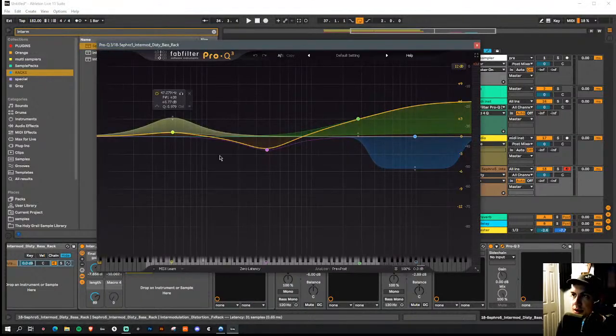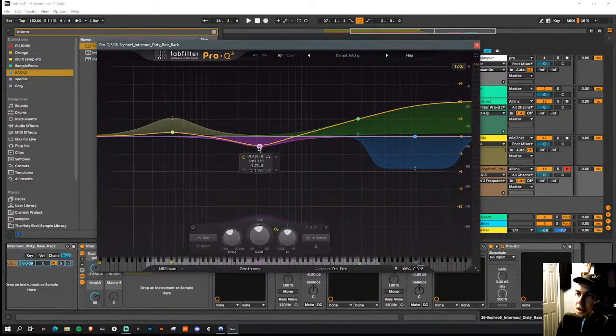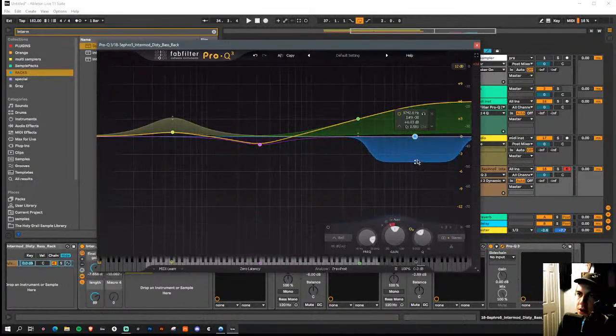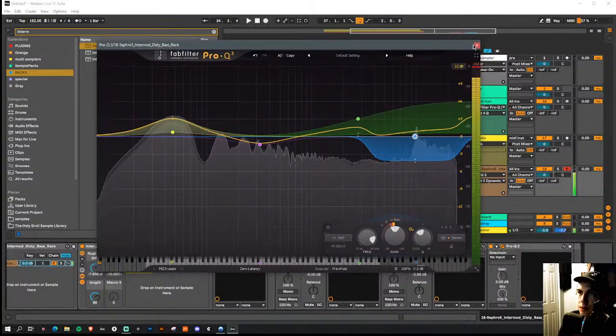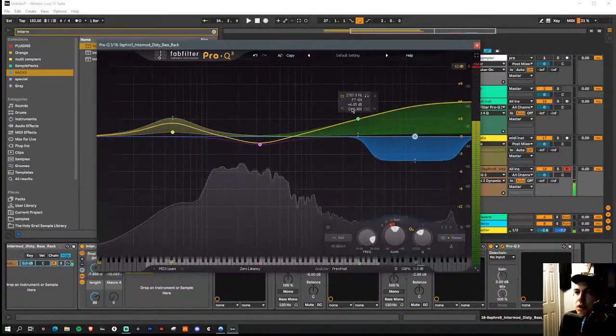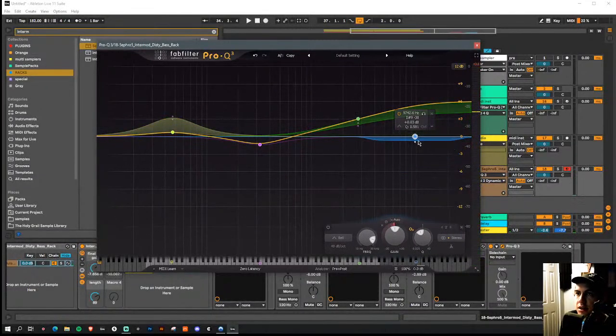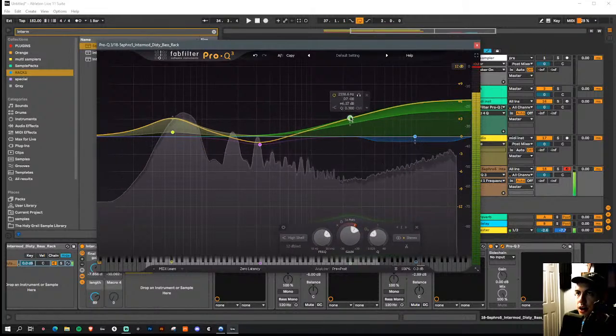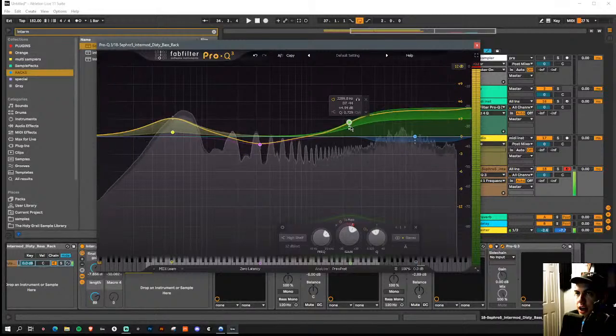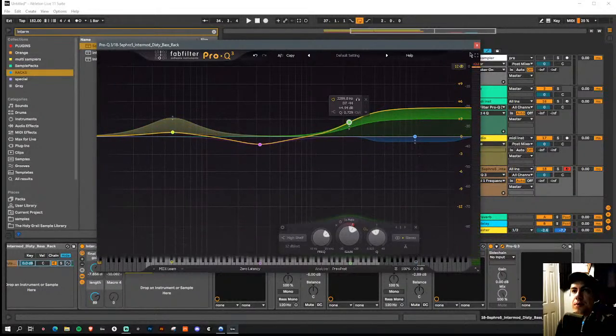Then at the end we have a final EQ. This is like the master EQ for the sound, and I'm doing some compression with this EQ. Upwards compression on the sub ever so slightly. That's going to keep the sub a little bit louder for a little bit longer. Also doing a little bit of a dip in the mids, and then downwards compression on the highs here with the EQ. If you don't like that fluttering, you can do less, like this. So yeah,